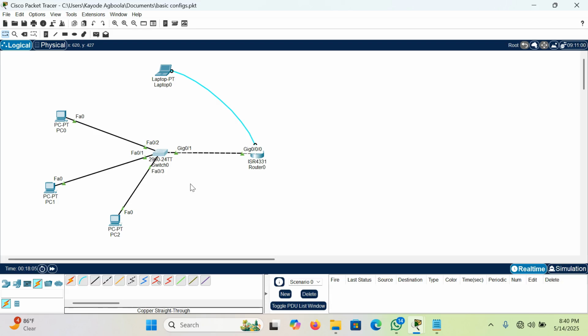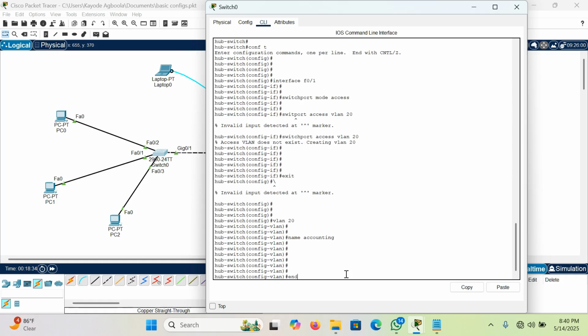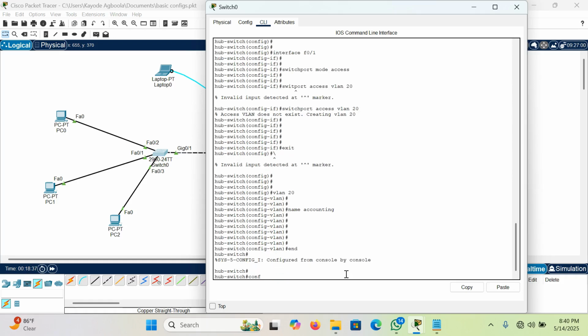So for security reasons, every port connecting to an end device should be configured as an access port. And when a port is configured as a trunk port, it's advisable you do not allow all VLANs. So only the necessary VLANs should be allowed on that trunk port, for security reasons also. Alright, so we will make G0/1 a trunk. So the configuration is similar. Let me leave this mode with end, then conf t,